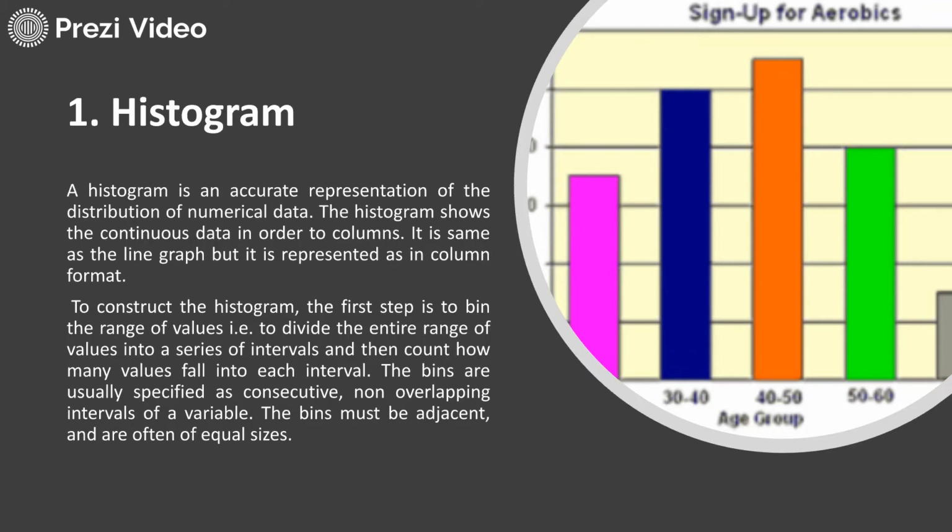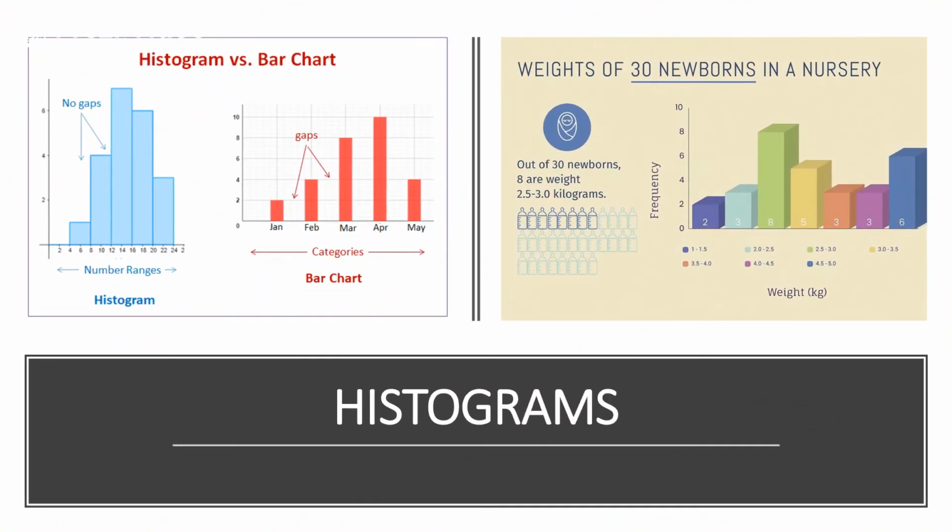My dear students, you must have all constructed histograms in your +2 levels and in your 12th classes, because in statistics the histogram, frequency, data, all these are very easy to construct. It represents the information in the form of columns, in the form of a graph. This is the most common way by which it is represented. The main difference between the histogram and the bar chart is that there are no gaps in the histogram, whereas in the bar chart you can have sufficient gaps.